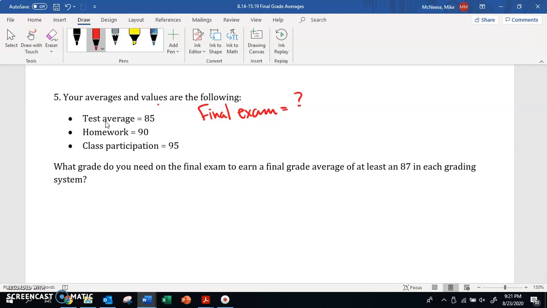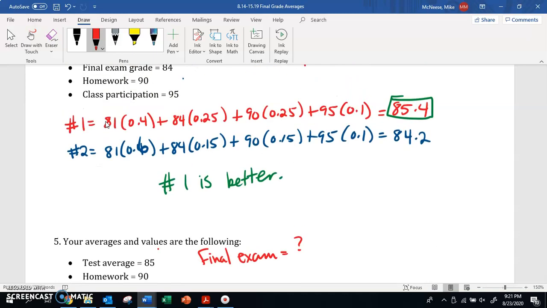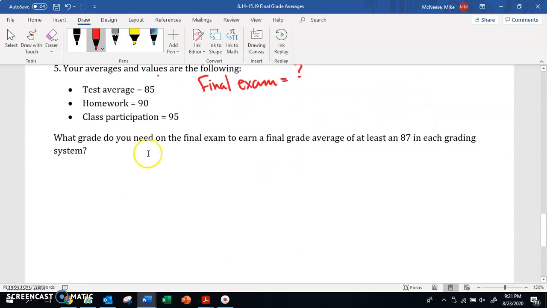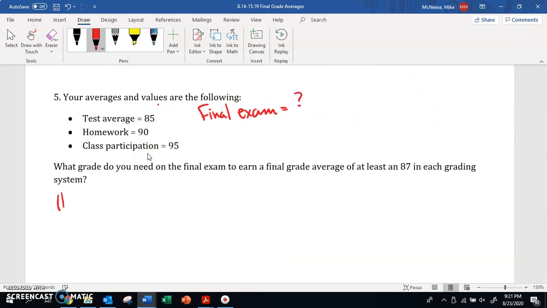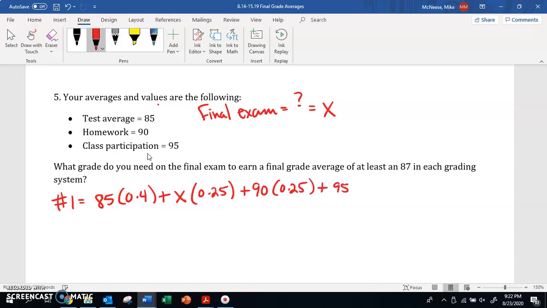So what I want to do first, I want to set up the left side of my equation. So this is my whole left side right here, all of this stuff, left side of the equal sign. I'm going to set this up like I normally do. So test average is an 85. So for system number 1, test average 85 times 0.4 plus, now final exam grade. We don't know what it is, right? So what we can do is we can label it X. If we don't know something, we'll label it X. So X times 0.25 plus homework, which is a 90 times 0.25, and then class participation, which is 95 times